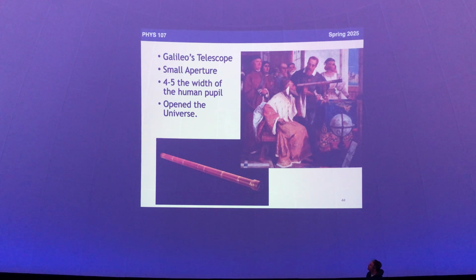So Galileo's telescope is the first time that we sort of augmented our vision on the night sky. And so finally, we had the Mark-1 eyeball that actually worked okay for anything that's bright in the sky. But as soon as you want a little bit extra, and this is not big, mind you, the actual gathering area is a little bigger than a silver dollar. So it's about that. It's not even a full